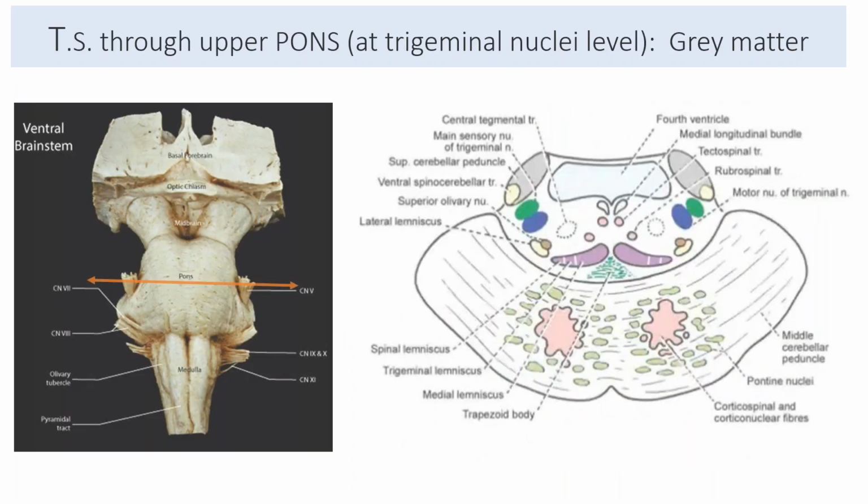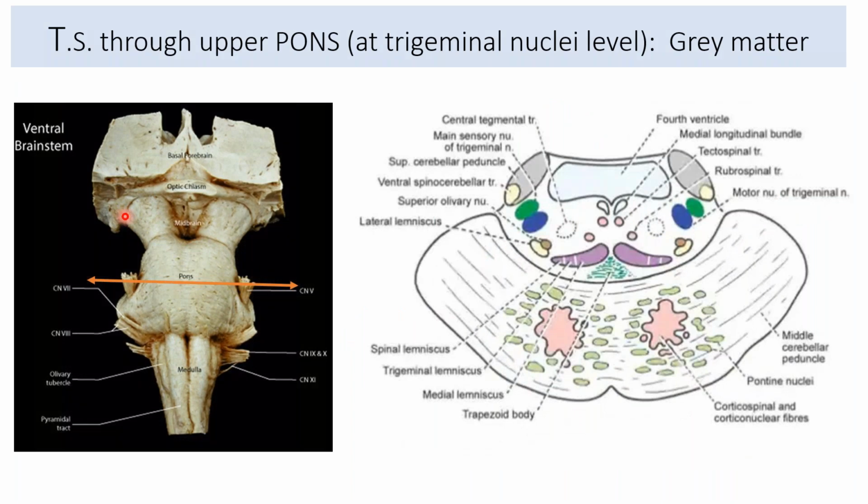After we finish this, let us see the second level of the pons, which is at the level of the trigeminal nuclei, through the upper part of the pons. If we cut the section through the upper part of the pons, this is how the section will appear. This is definitely the anterior, ventral basilar part with the basilar sulcus. The rest of the things will be similar, like the descending corticospinal and corticonuclear fibers, the pontine nuclei, and the transversely running fibers over here. The posterior part will be the same, that is the tegmentum.